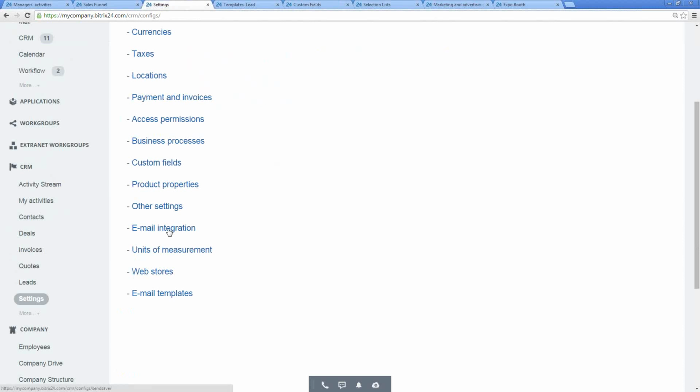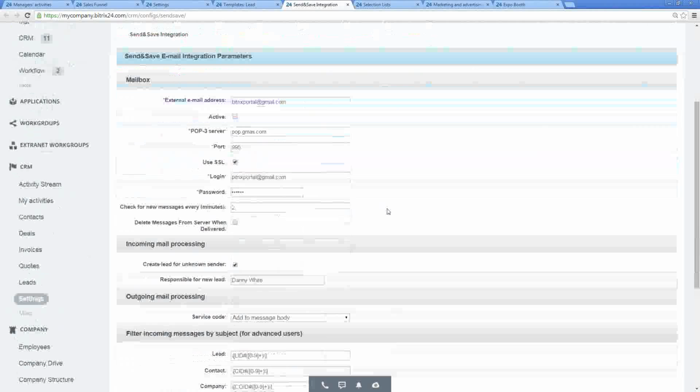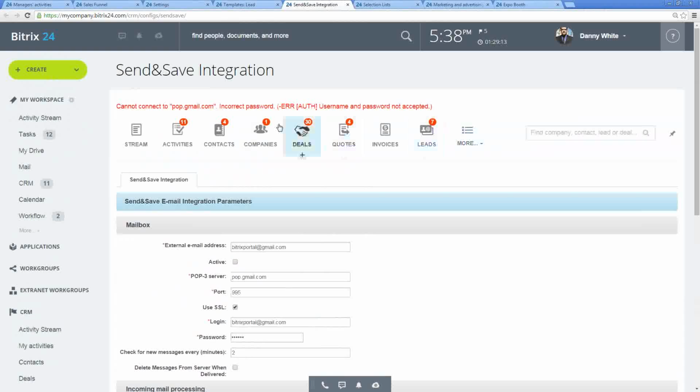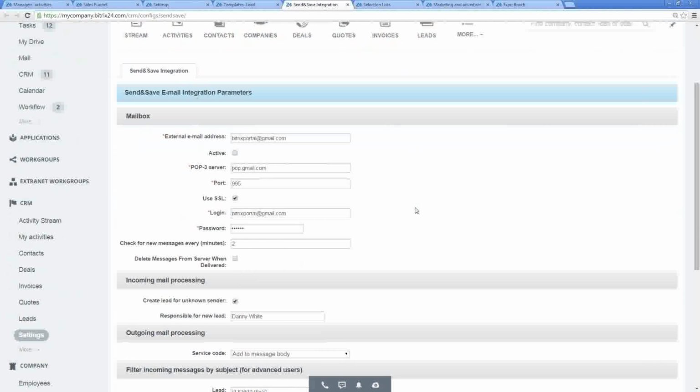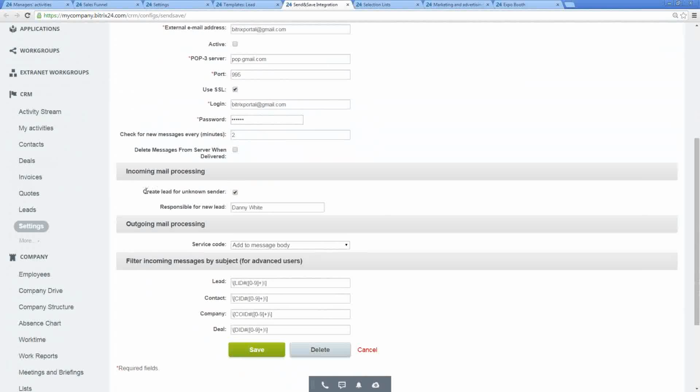Back to settings. Product properties, don't worry about that so much. Email integration, this is very important. You can set up a Gmail address. Now, I've kind of ruined this particular Gmail address, but at any rate, you can put in a Gmail address, put in the login information there, and check this box, create lead for unknown sender, and that means that any email sent to that